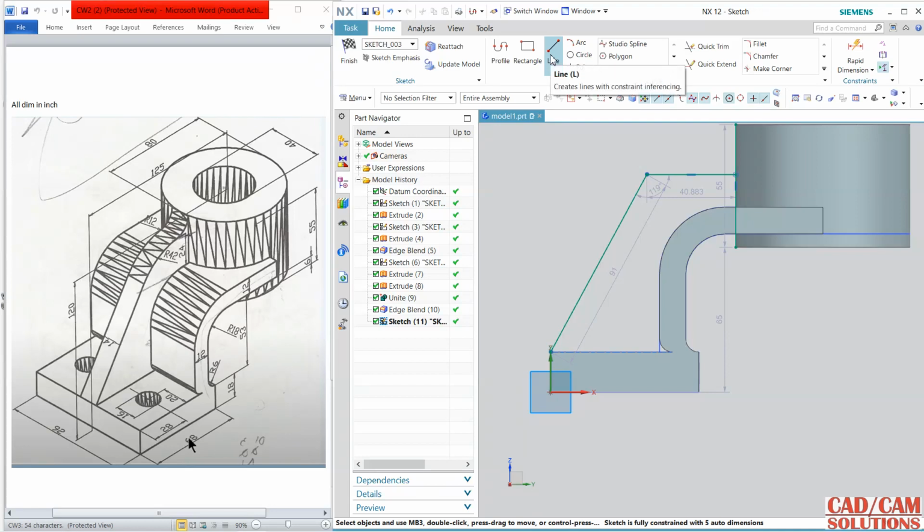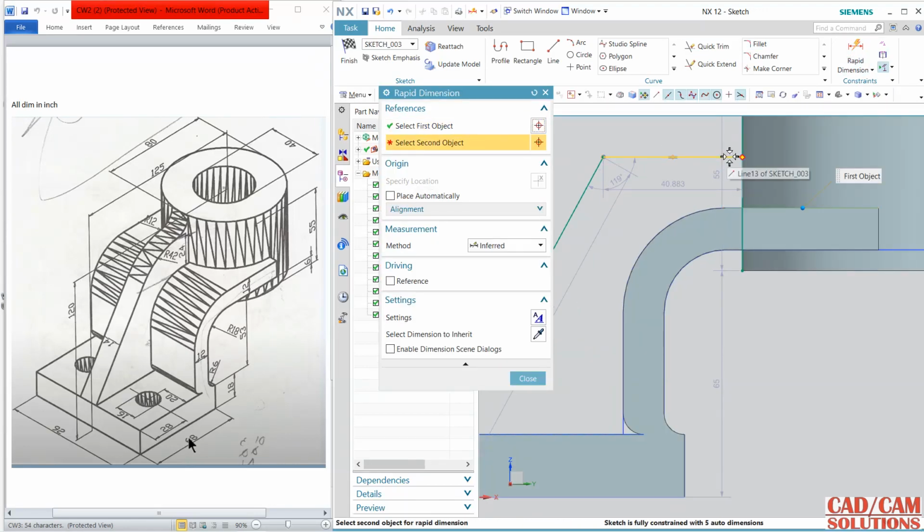Now let's dimension it, and the dimensions are 42 and 24 from here. So from this line to this is